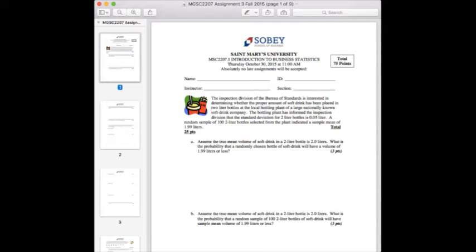I have a question from Hannah. How do we do hypothesis testing for a survey with two possible answers? I'm not sure when you say a survey with two possible answers what you mean. Are we talking about a problem involving two populations? Because we might be interested in testing the difference between two population parameters. Could be two population means, two population proportions, but we have not covered two population proportions yet. We have covered two population means. So when we're looking at the question of testing for a survey with two possible answers, I'm not exactly sure what you're asking me. If you're talking about whether or not we're testing